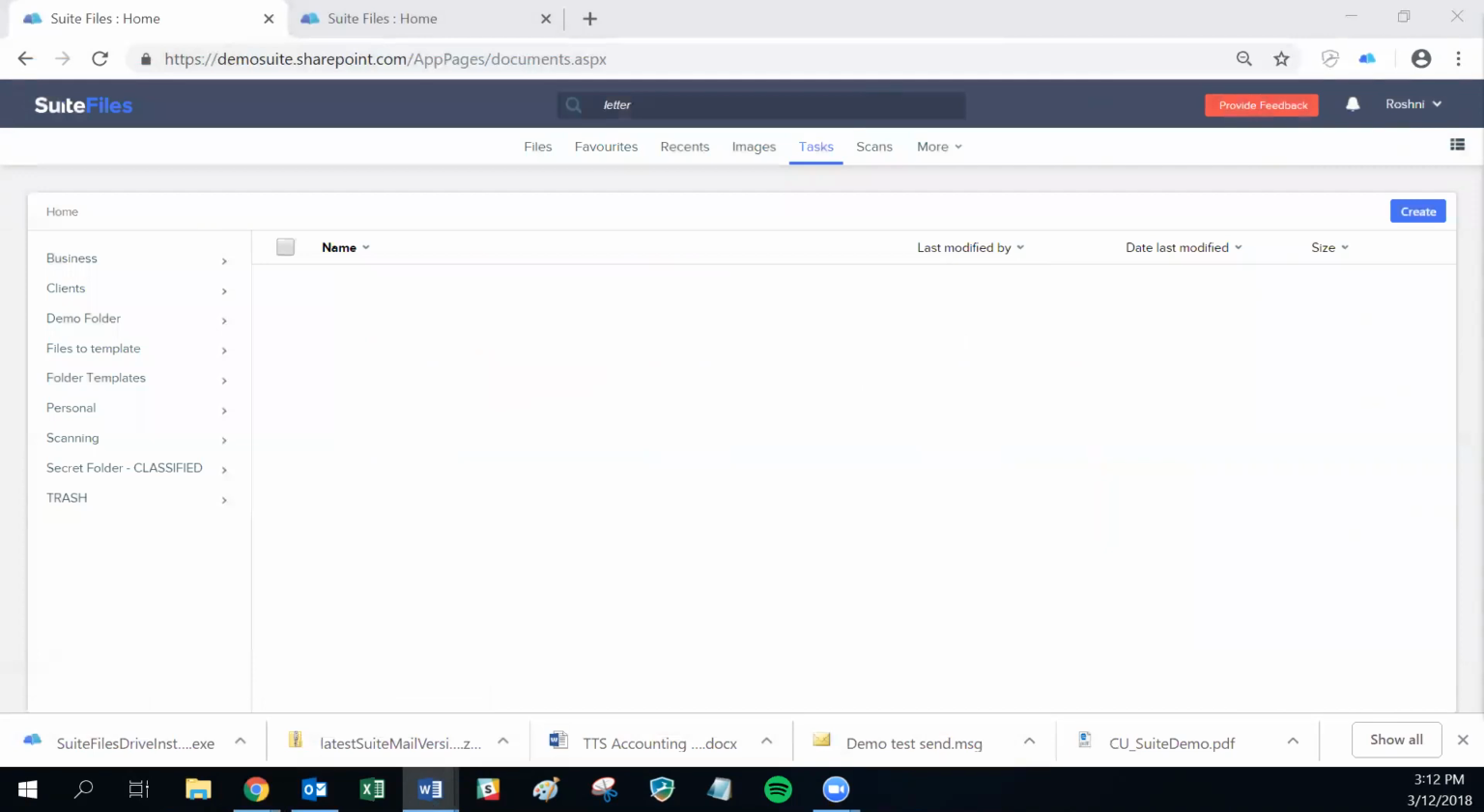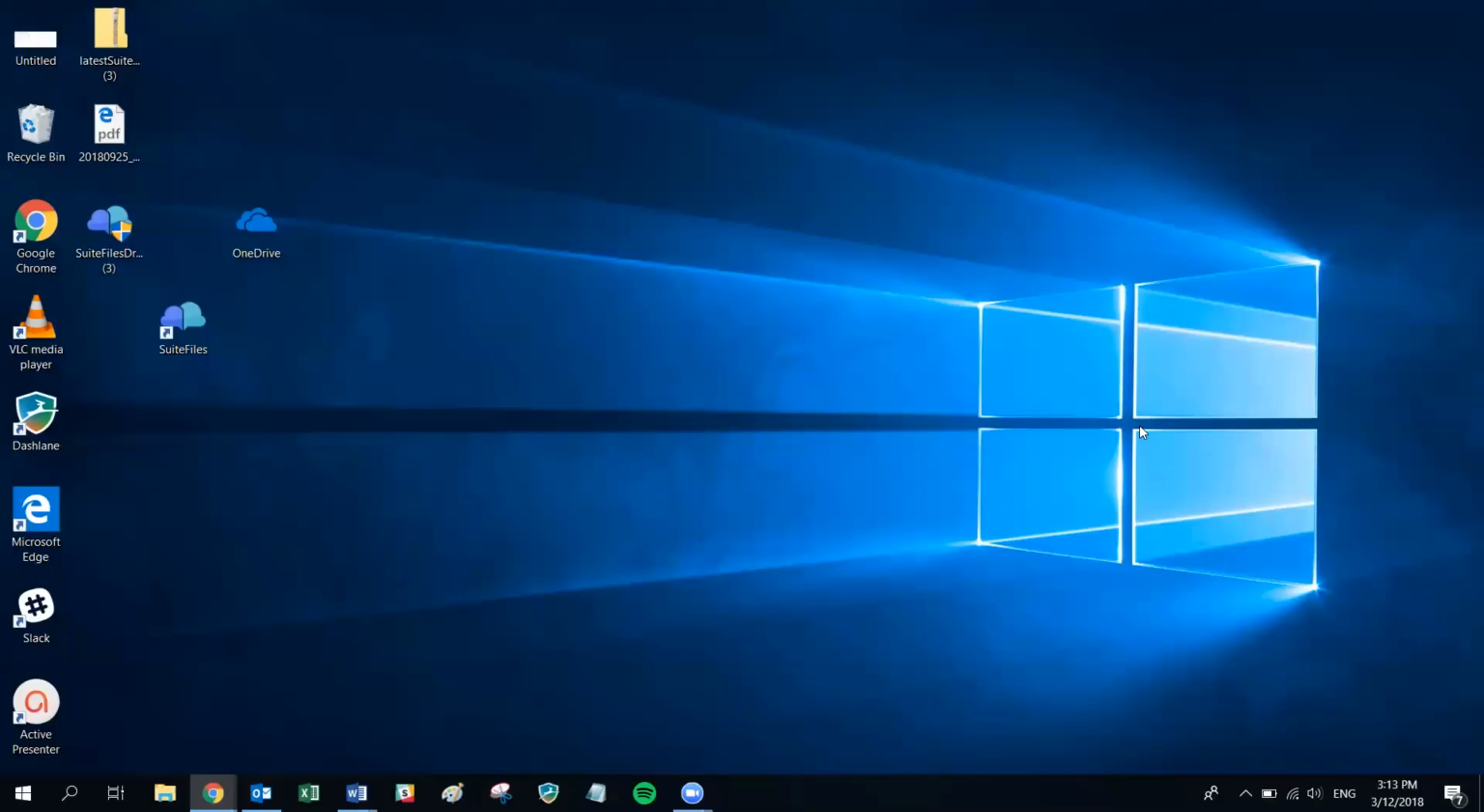Okay, so the next step is we want to log in. For this, I'm going to have to swap my screens around a little bit, because you want to be able to access your hidden icons. So click on your hidden icons menu, which is in the bottom right corner of your screen, and then you should be able to locate the SuiteFiles icon. So if you click that,